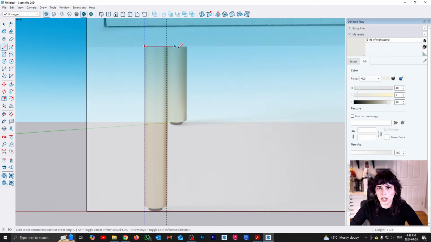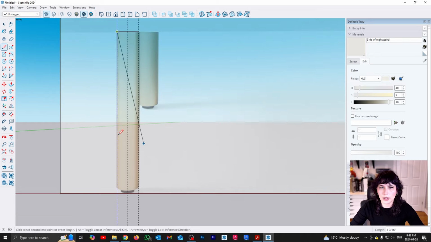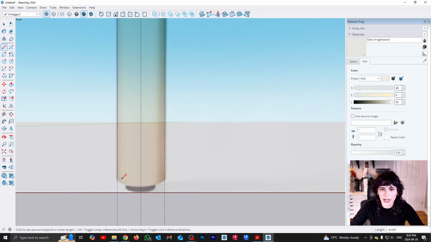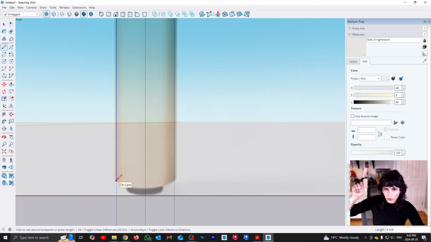And now I'm going to use my line, and I'm going to draw one line because basically I want to find the midpoint, because I'm going to use the revolve tool to create a 360 extrusion for my leg. And the other thing that I don't need to do is follow this curve. This curve is a result of perspective. So what I'm going to do instead is ignore it, make it into a straight line,